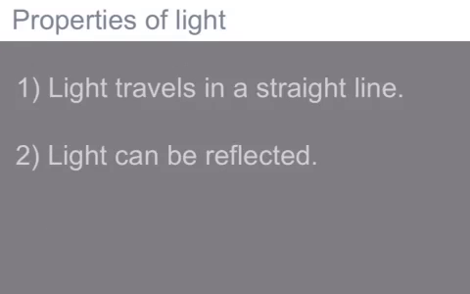So firstly, what are the two properties of light? We've learned in our previous lesson that light travels in a straight line and light can be reflected. Now, the example of light can be reflected will be in this example here, where you have an object